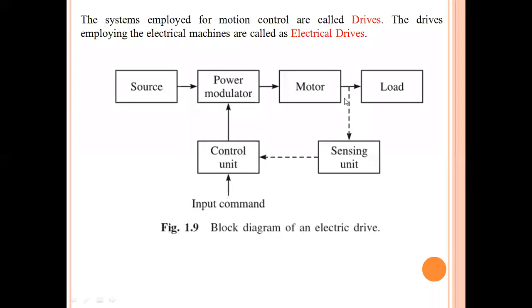For a motor, we need to derive, or we need to check the characteristics of the speed torque relationship. This is the importance. We need to check the speed torque relationship in order to control the load effectively. If we derive the speed torque relationship in an effective manner, then our problem will be solved, because we have two outputs from the motor. With the help of these two outputs only, we need to control the load. One is speed and the second one is torque.